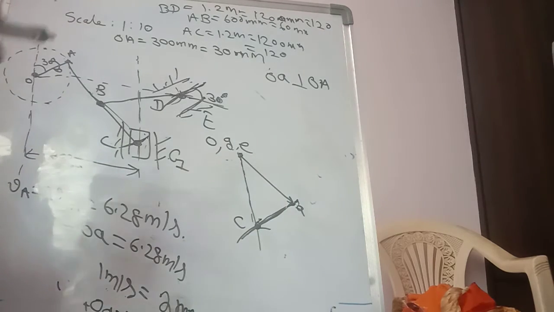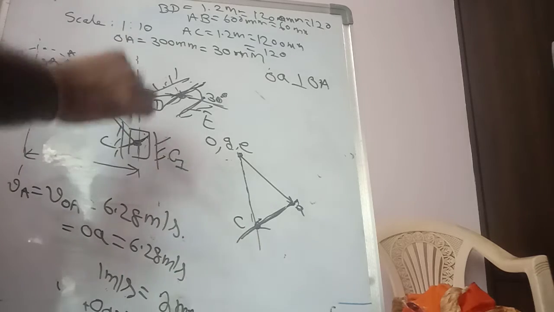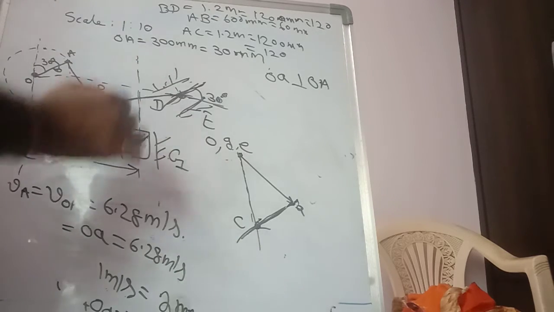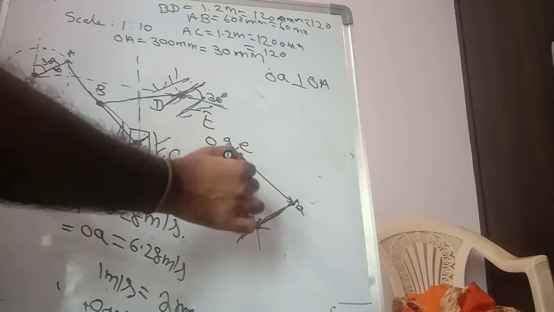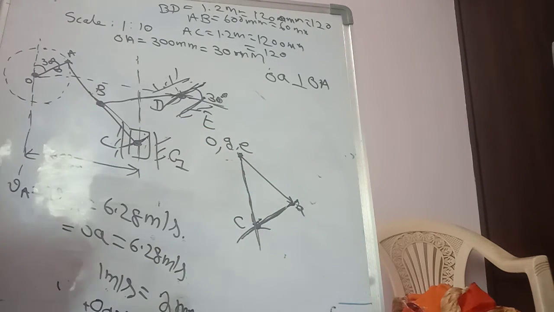Okay, perpendicular. Now, this C is connected to again the slider. How is the slider moving? In the vertical direction. So always for the slider, you have to draw a vertical line. The intersection of these points is nothing but C. Okay. Then after getting the C,